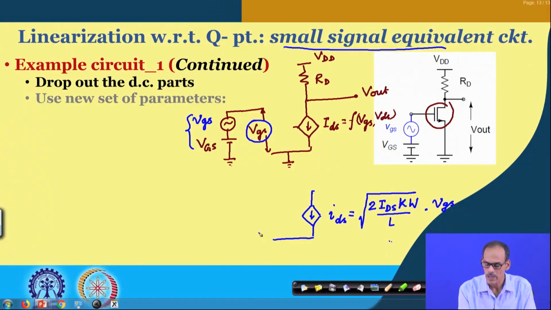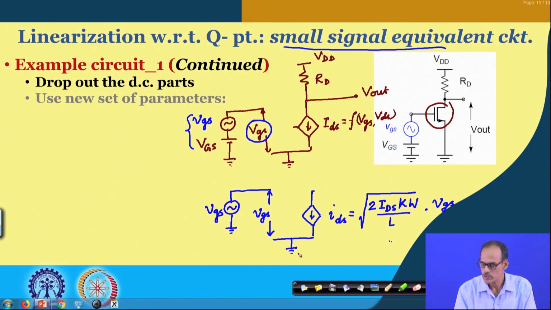And what is the v g s? It is the voltage across the gate to source, of course the small signal v g s. At the gate we are considering only the small signal part, whatever V g s or V g we have,